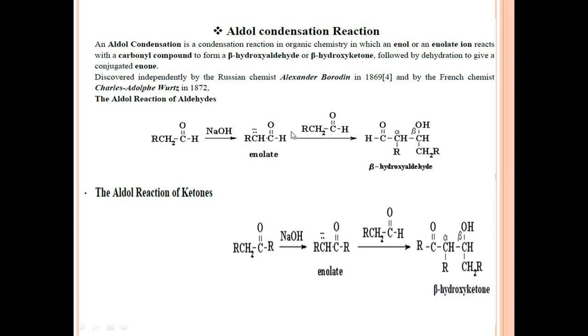The same mechanism is also followed by ketones, as ketones also belong to the carbonyl compounds. When ketones react first with a base, they also form the enolate ion, and this enolate ion, propagating the reaction, reacts with a second molecule of the ketone to produce beta hydroxyketone. So aldehydes produce beta hydroxyaldehyde, and ketones produce beta hydroxyketone. This is the mechanism of